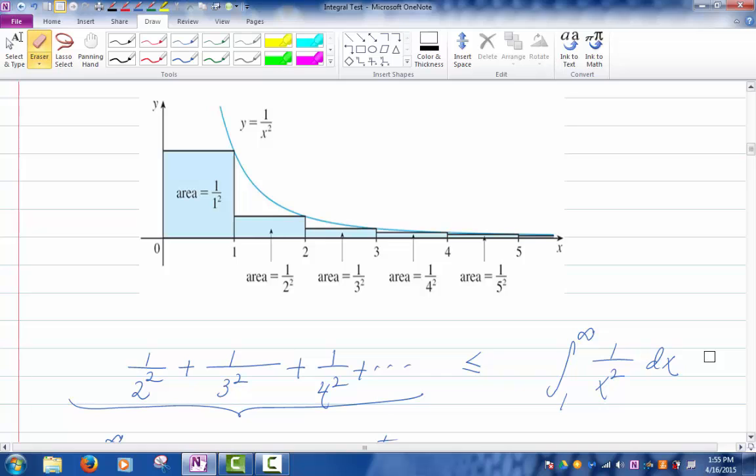So look at the rectangles where the heights are taken to be the heights at the right endpoints. So the first rectangle has area 1 over 2 squared, right? What's the height at 2? The height at 2 is 1 over 2 squared because the function is 1 over x squared. What's the height at 3? 1 over 3 squared. What's the height at 4? 1 over 4 squared. So if I add the total area of the rectangles, I'm going to get 1 over 2 squared, 1 over 3 squared, 1 over 4 squared, and so on. So now I'm going to add 1 on both sides as well. So I can see that the series,